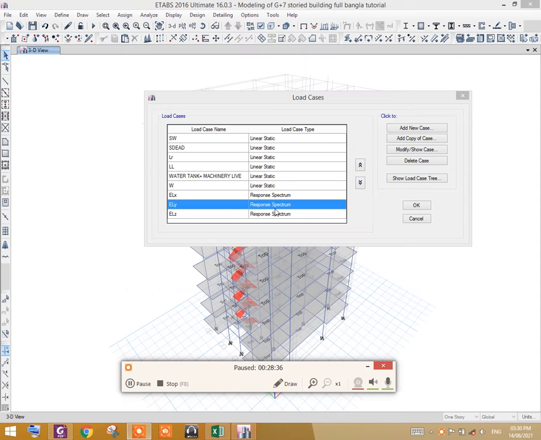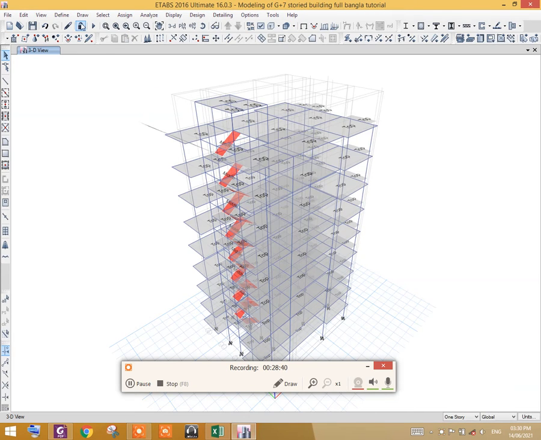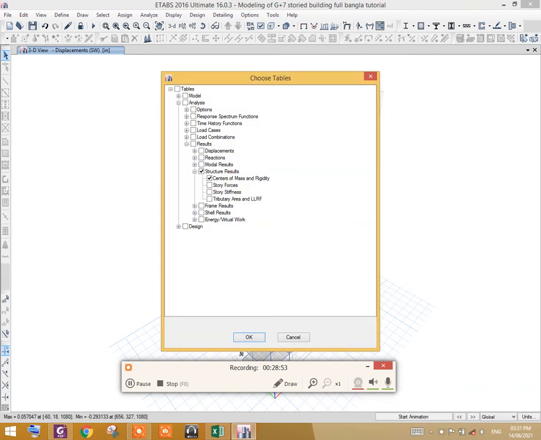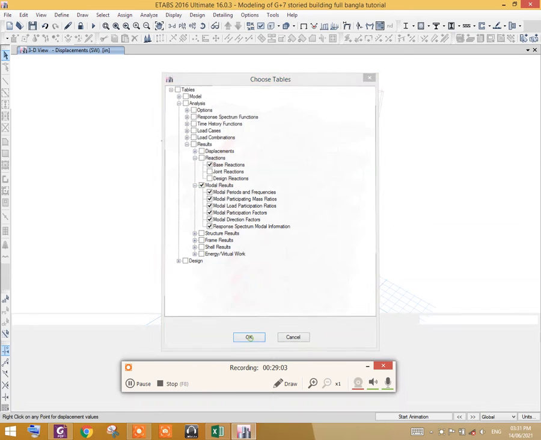Now all the definitions are done. Now we have to click on run analysis. Now to see the base shear, let us go to display, show tables, and click here results, reactions, base reactions, and modal results. Press OK.